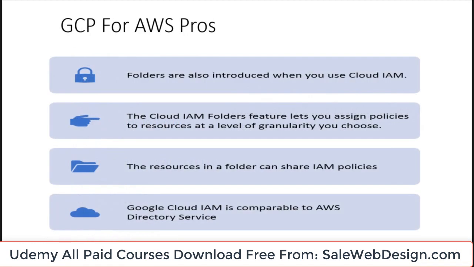And then we have folders. This is an extension of identity and access management. You create policies, and it gives you additional layers of granularity. For example, Google Cloud IAM is comparable to AWS Directory Services. So you can think of a similarity there. Now,